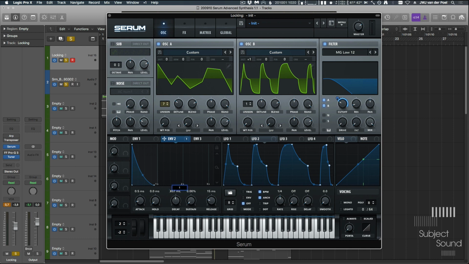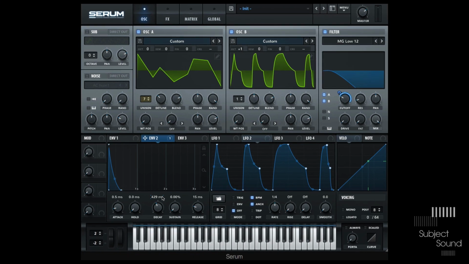Of course, we can do also 1 eighth note, we can do 1 sixteenth note, etc. I believe we can also do 1 dotted eighth note like this. Very cool stuff. So that brings me to the next point, which is the X and Y grid on the